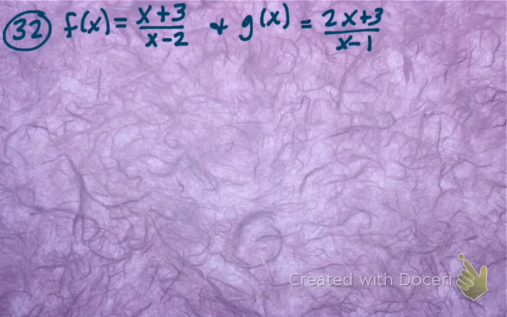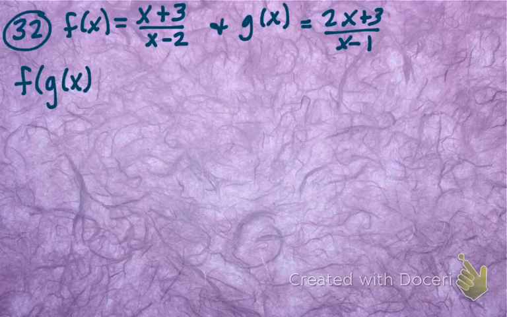Number 32, and it's going to take a little more arithmetic. And I say that somewhat sarcastically. You can tell looking at these two, this is probably not going to be pretty. But this becomes a very important problem towards how well you do on the SAT or maybe college level algebra classes. So pause and rewatch this, ask as many questions as you need to, but follow my process and be prepared to do this on your own the next time you see such a thing. So f of g of x,